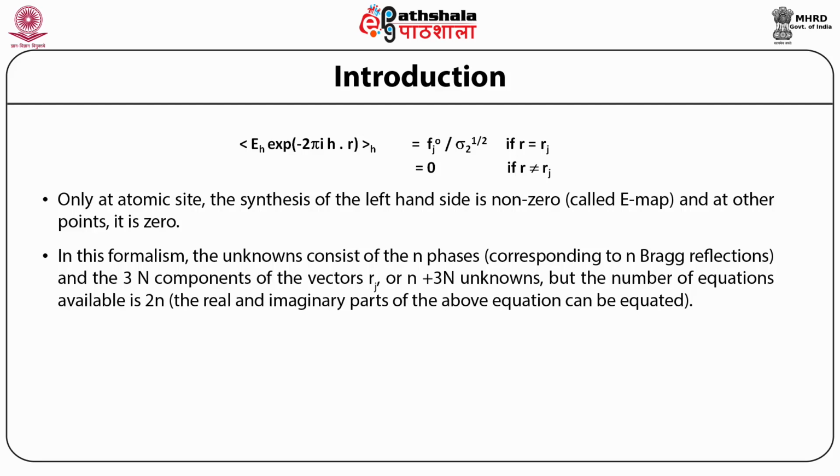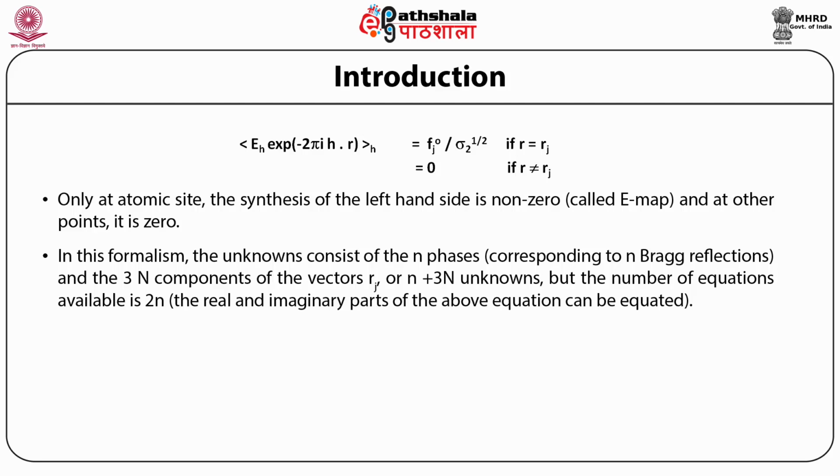Capital N is 100, which means this will be 300 plus the number of reflections, 500, giving 800. So 800 are the unknowns, but you have with you 1000 equations. So the first problem, by using the above procedure, is solvable in principle. This is how they formulated it. Even then people didn't accept it because of the assumption they made.